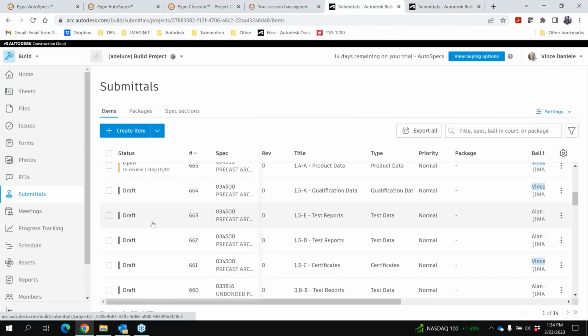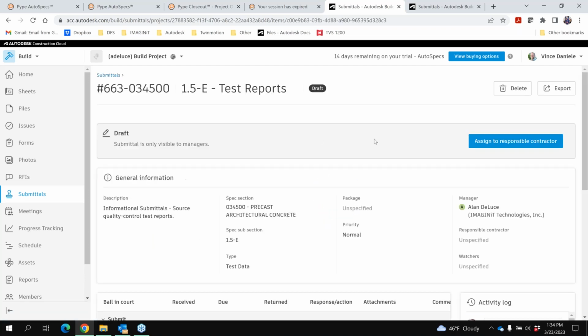And initially what it does is it takes all of those submittal items that you refine, and you assign target dates and contractors to from Smart Register, and it imports them into Build initially as a draft. So all of these items live as a draft, and then as a submittal manager in your projects, you can click on these items and start the